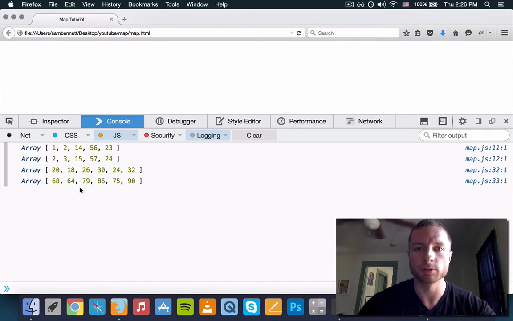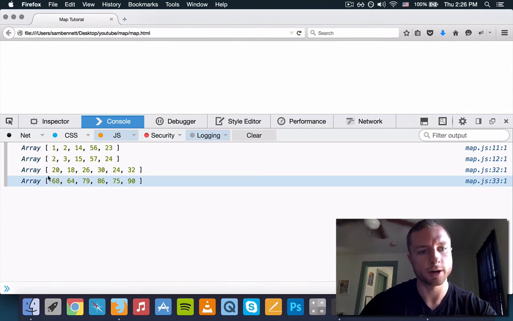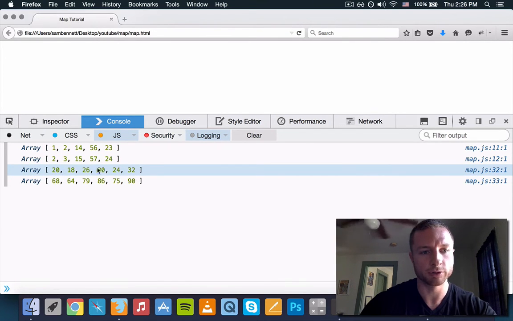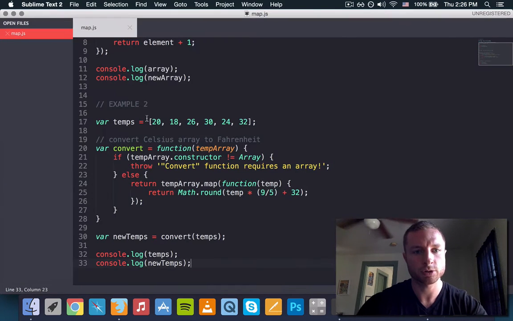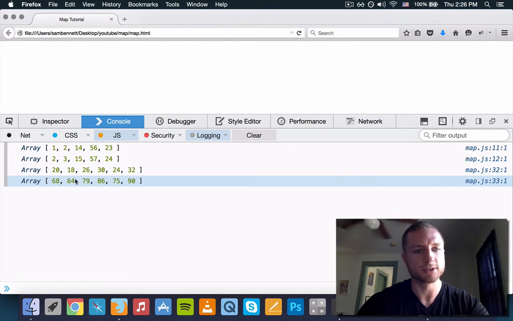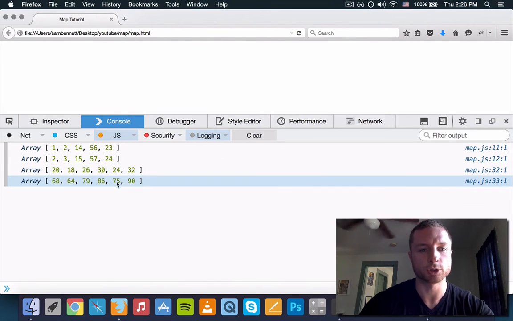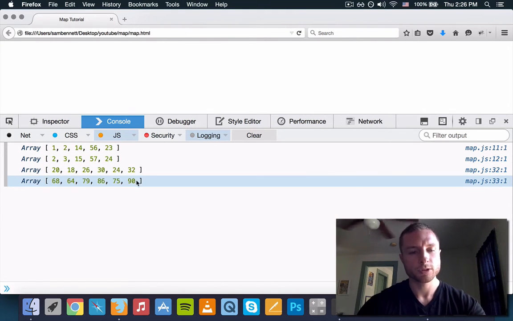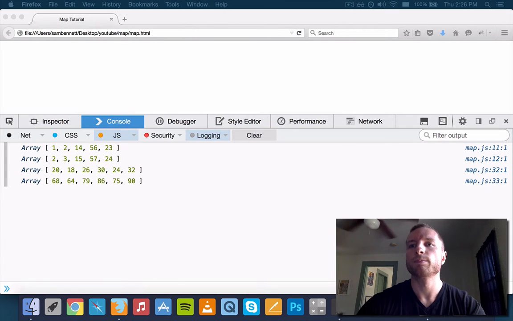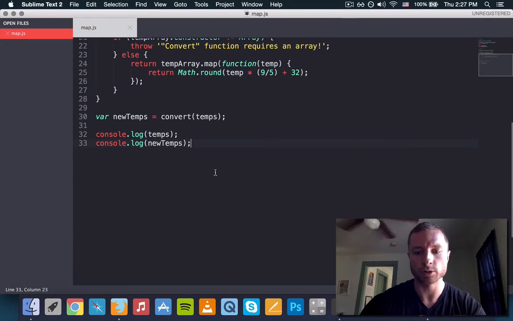Cool, so this looks good to me, right? Up here we have our original Celsius temperatures, and then this new temps array is those same temperatures but in Fahrenheit. So 32 degrees Celsius is roughly 90 degrees Fahrenheit. Awesome. So let's look at one final example to see how we can use map